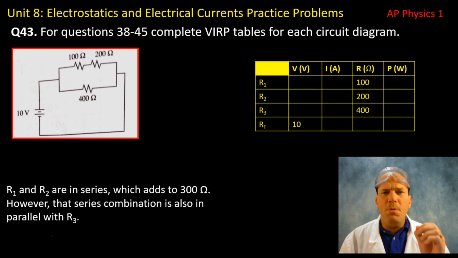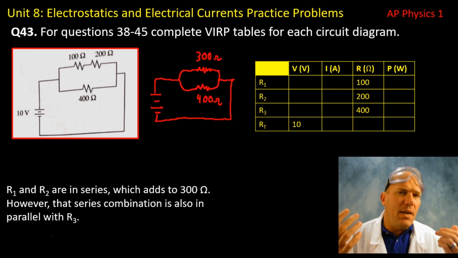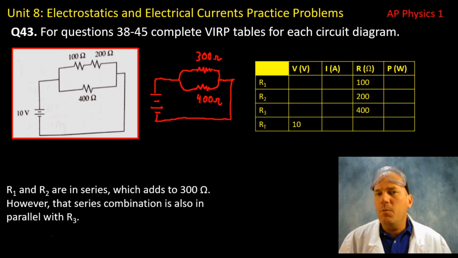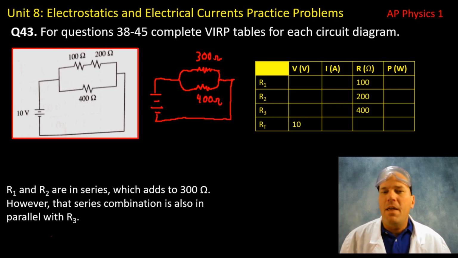Then we're going to employ our usual methodology for a parallel combination. In other words, I would recommend that you redraw the circuit and conceptually analyze the circuit, and you can see from the redrawn circuit that now we have a